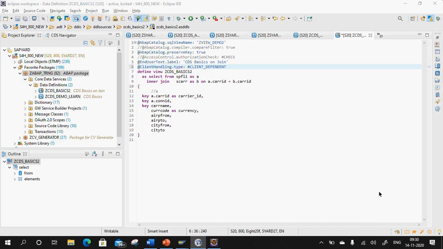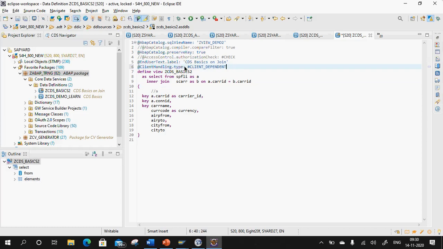No, annotations are not saved in any table to check, Harish. Annotations you will not find in any table. Annotations are not there in any table. Got the point, Harish? This is basically your semantic information, and this is changing the technical and semantic information of your CDS views.